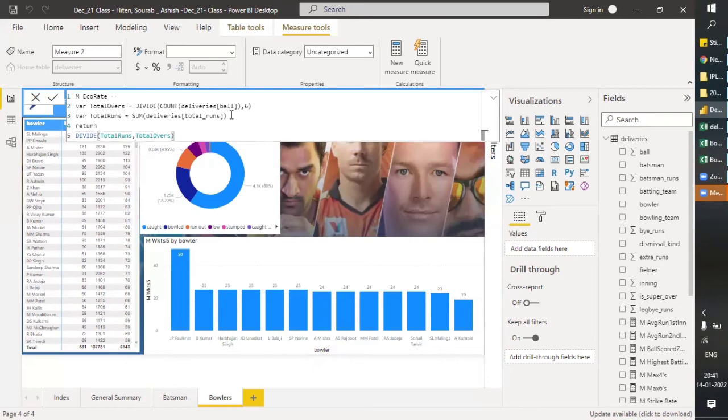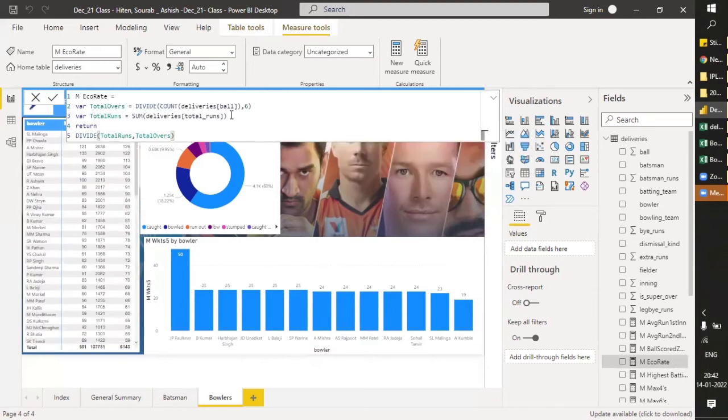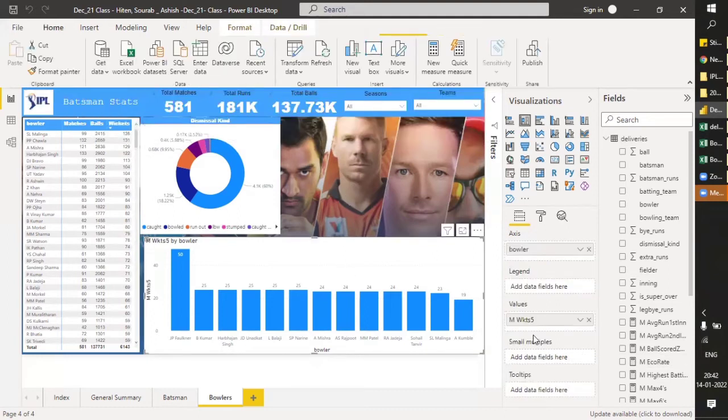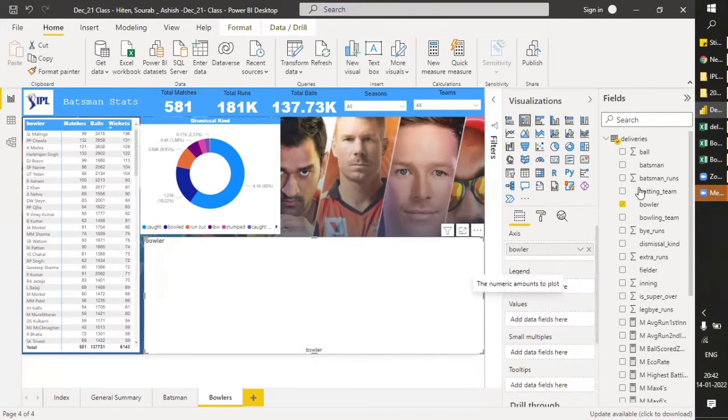For example, if he has conceded 100 runs and bowled 12 or 15 overs, that will be approximately 7 point something. So let's remove this and put in our economy rate.